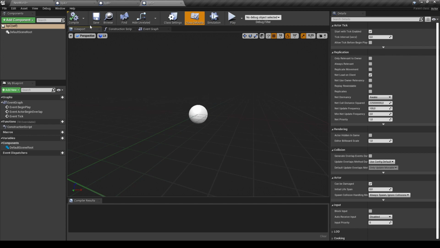Okay, my goal here is to have blueprint A communicating with blueprint B without having any reference of blueprint B inside blueprint A. So in order to do that, I will use an Event Dispatcher in blueprint C. So blueprint C will be my intermediary. Basically, blueprint A will talk to blueprint C, and then blueprint C will relay my message to blueprint B.